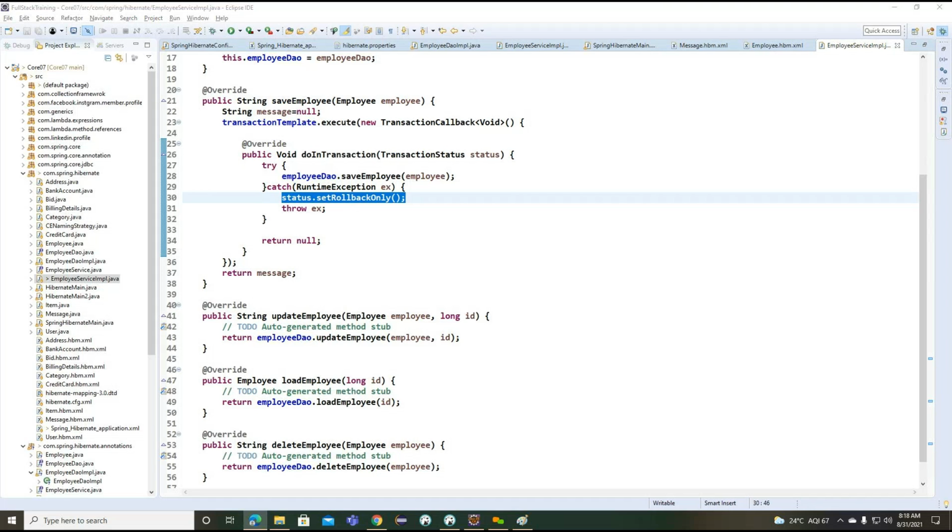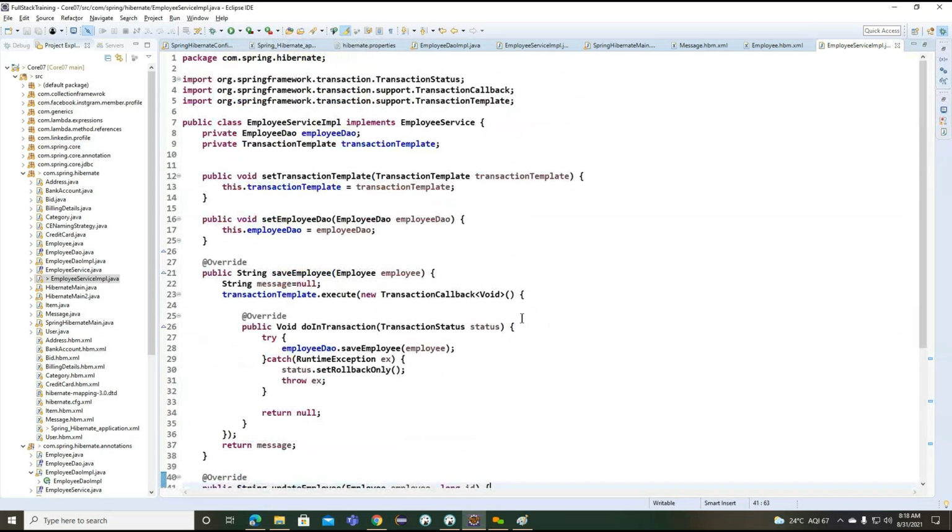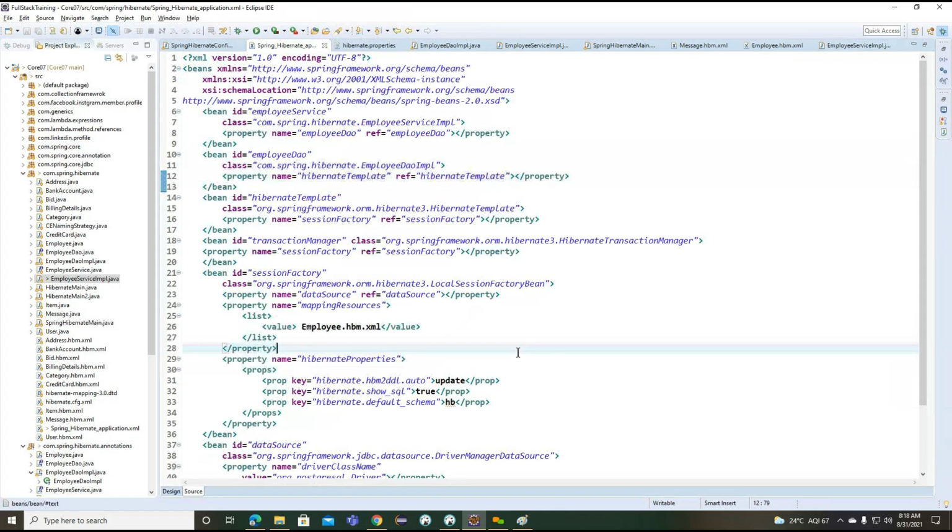To work with this particular transaction template, what can we do? It is expecting one property here, so we need to write employee service.